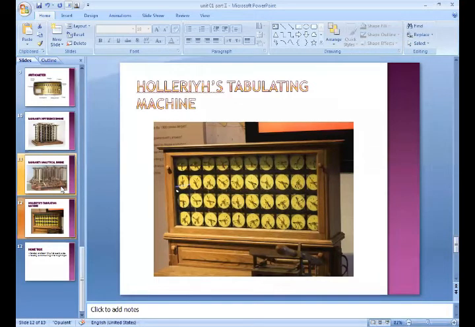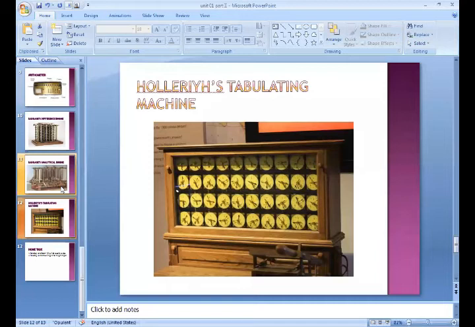His machine used holes closing an electrical circuit. Finally, the input instead went to a mechanical counter and sorter, which tabulated the appropriate data in usable categories. As a result of using the machine, the 1890 census took only 6 months to compile. In addition to their speed, the punch cards served as a storage method for data and they helped reduce